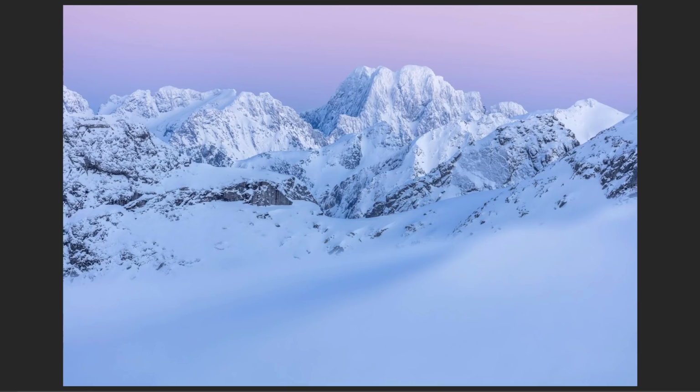I think this only really works at twilight when the colors have come out of the foreground, because if you imagine this being bright pink and trying to blend into the blue, I think it would become far too strong and distracting. But as it is, it creates a really nice pastel color palette, and again with these pinks, and in contrast to that image I was discussing earlier, these pinks